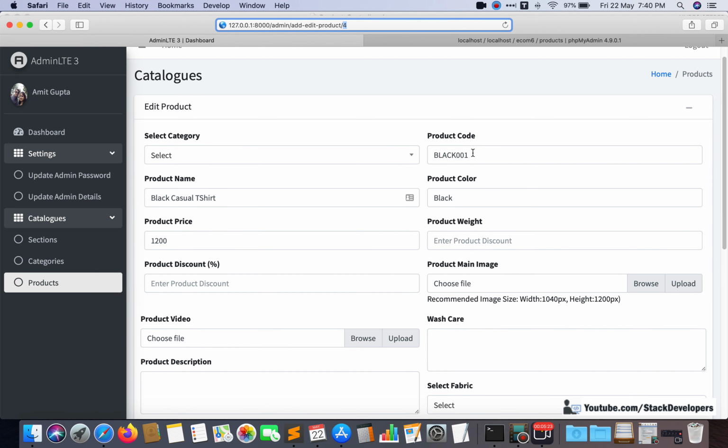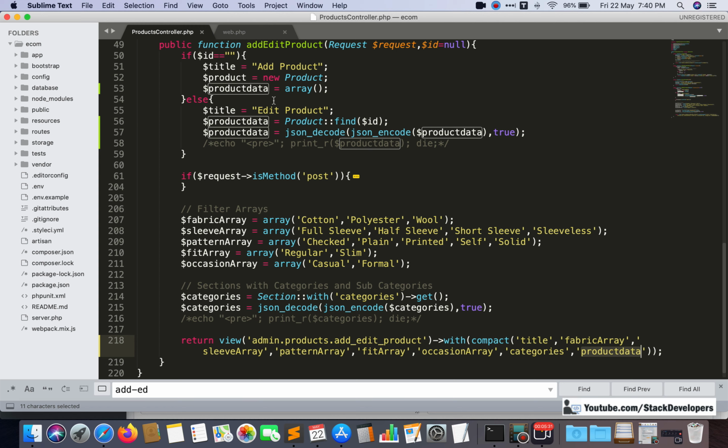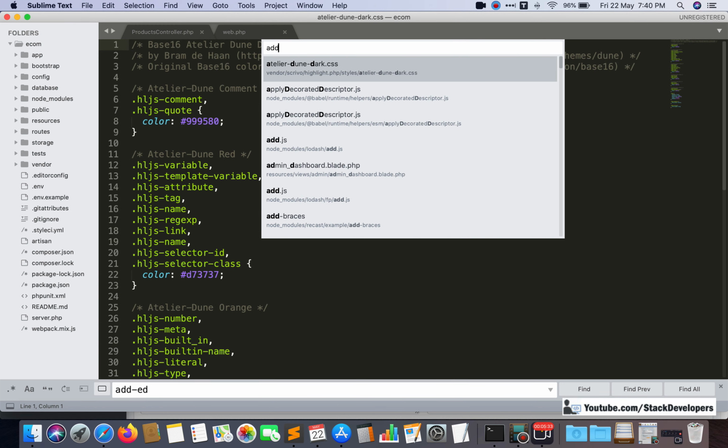See, the details have been filled up here. You can see the product code is coming, product name is coming, product color is coming, product price is coming, because we have already added the code. That's why it is coming. You can check out,